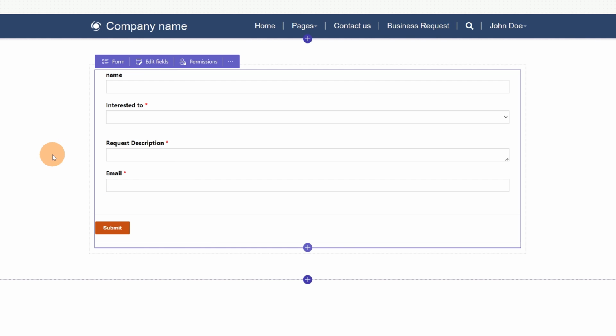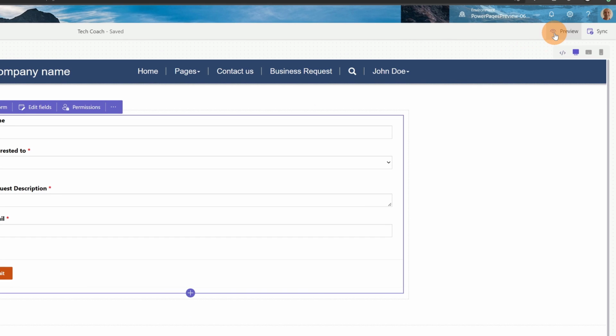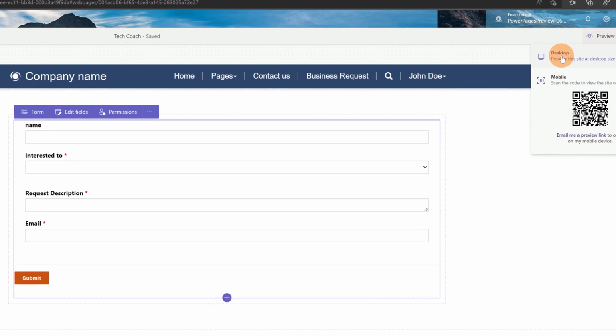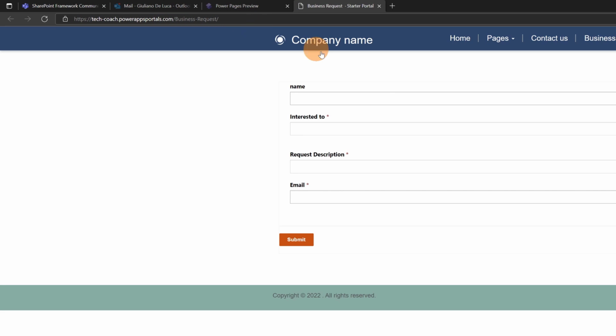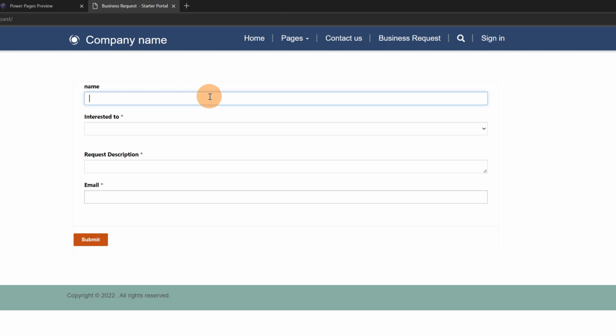Okay, now all is done. Theoretically, I can open this page with another user, but I can just click on the button preview here available, and then I can click on desktop. This will open another tab on the browser. Here I have my URL tag dash coach powerupsportal.com and then business request. This is my page. Now as anonymous user I can provide my name,